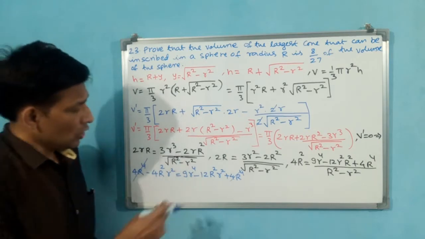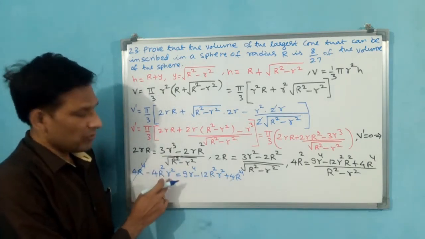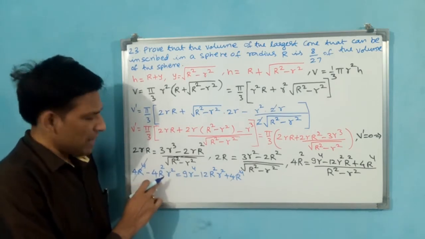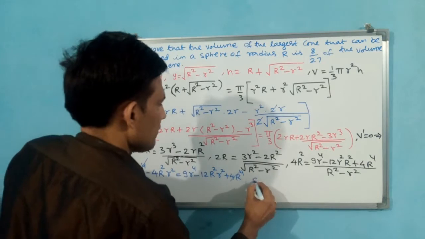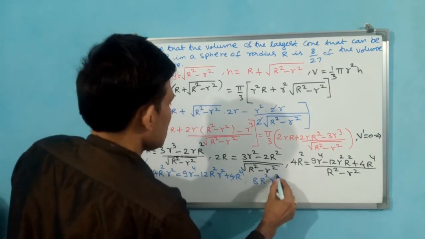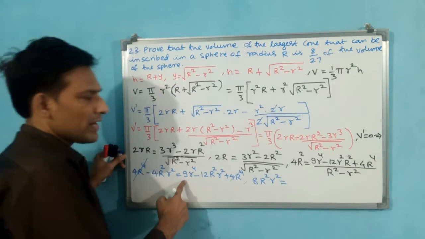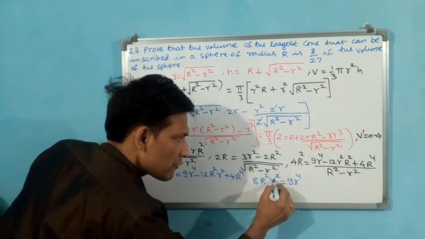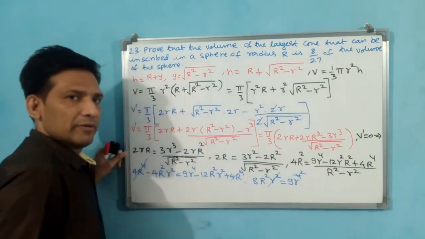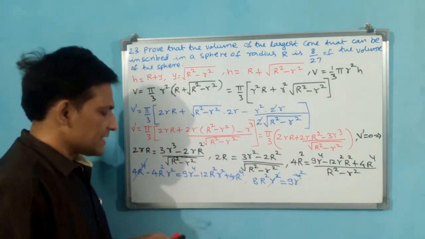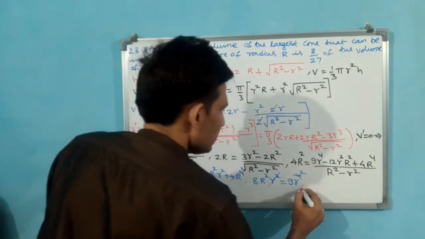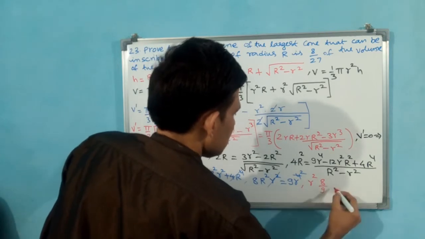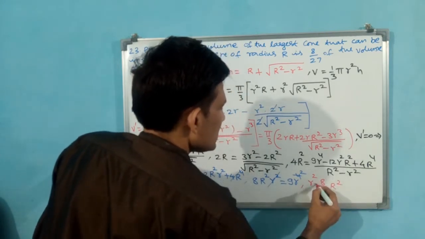Okay. Another one. You see 12 r square, 4 r square is there. This minus if it comes this side, plus it is going to become 12 minus 4, 8. Right now. 8 r square is equal to 9 r to the power of 4. Again you see r square is going to get cancelled and 2 it is going to become. Okay. Final result, you see r square is equal to 8 by 9 R square. Is it okay?